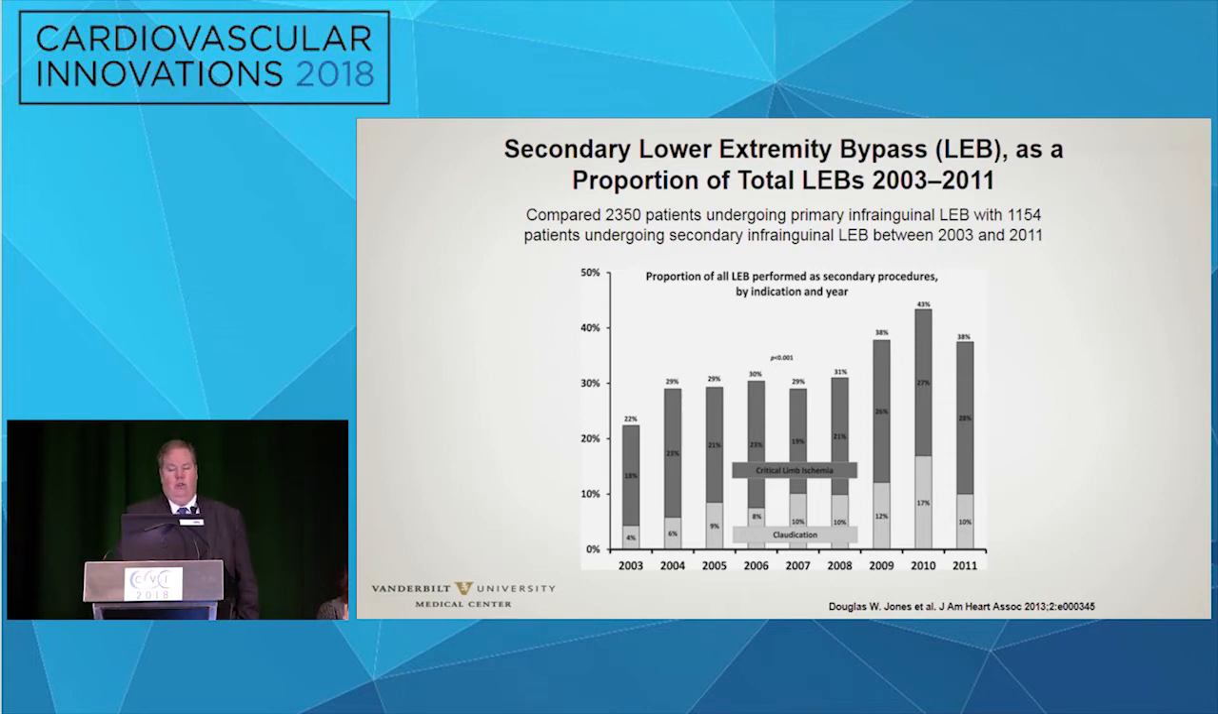If you take a look, this was 2,300 patients who underwent lower extremity bypass between 2003 and 2011. And the first thing I want to show you is that over time, the number of procedures performed as secondary procedures increases. So it doesn't matter if you're starting with patients who have claudication in the light gray or critical limb ischemia in the dark gray. We are going to be doing ever more repeated procedures, and the earlier you pick up the need, the better